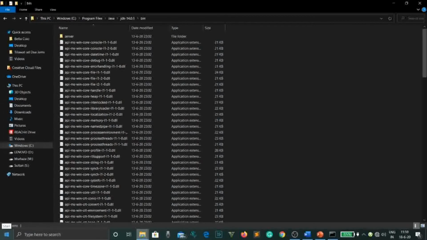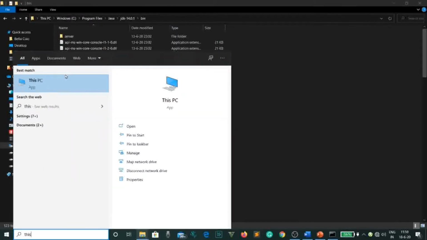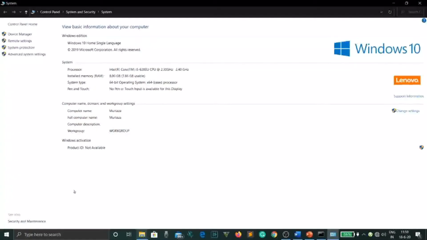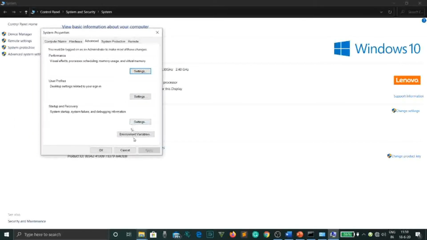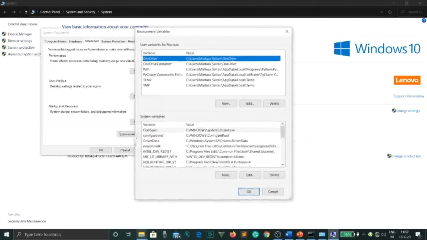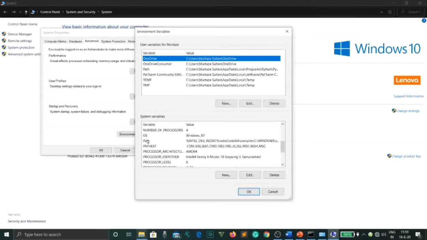Now, where do we need to paste this path? I'll show you. Open your computer again, or rather you need to open your properties. You can do this by right clicking on This PC and then Properties. Here on the top left corner you will see 4 options, but you need to select Advanced system settings. After that, a System Properties dialog box will appear. Under the Startup and Recovery options, you need to click Environment Variables. In the below dialog box saying System Variables, you need to scroll down to find the Path variable. Here, select the Path variable, then click on Edit.